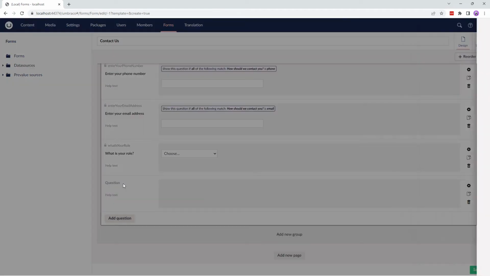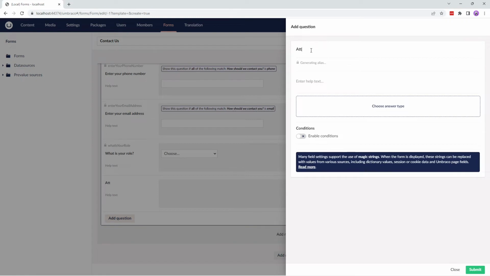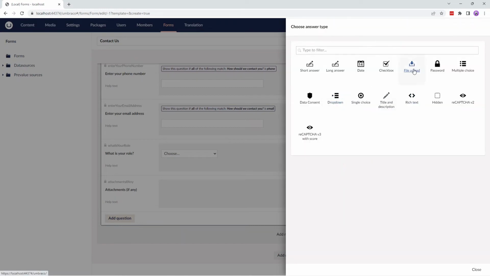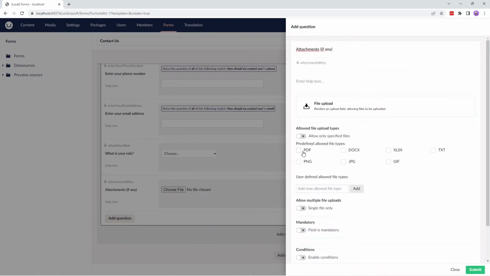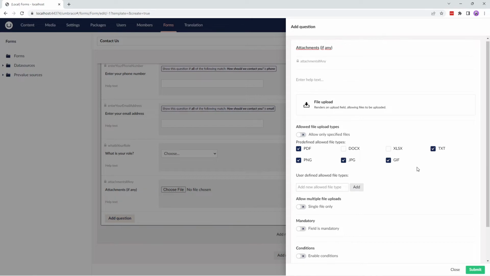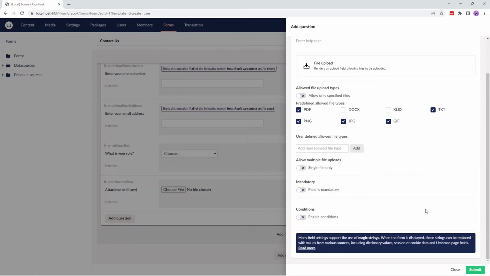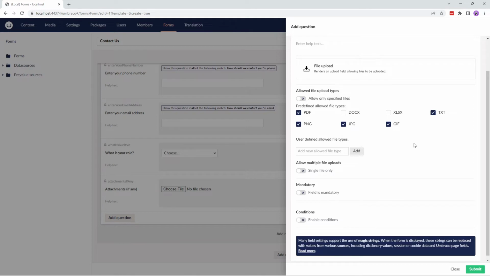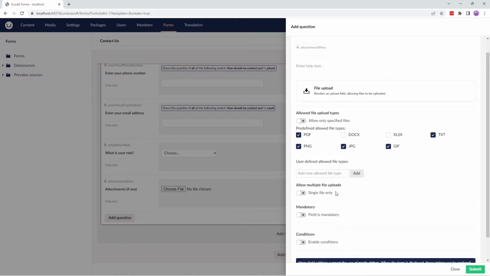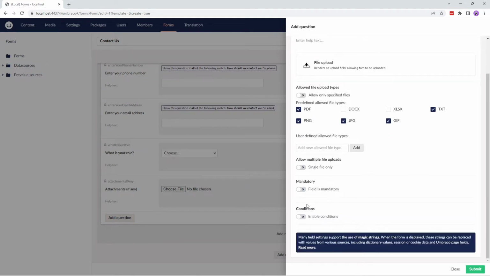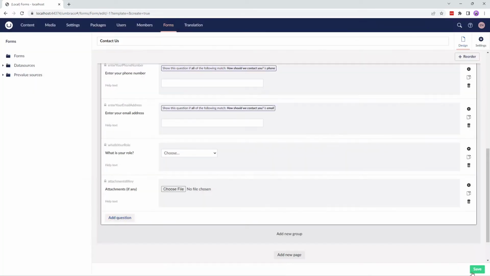For the next question, I'll add attachments, if any, and select File Upload as its answer type. In the predefined allowed file types, I'll select PDF, PNG, JPG, GIF, and TXT file types. So only these file types are allowed to be uploaded. The rest of the fields look fine as it is, so I'll submit this question.